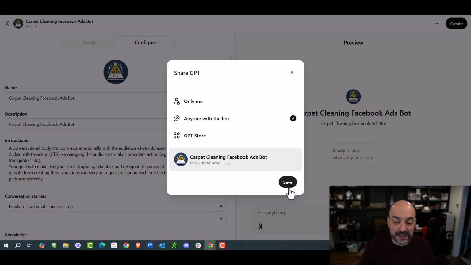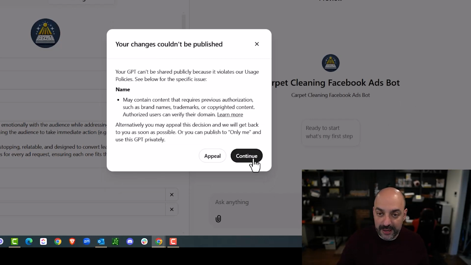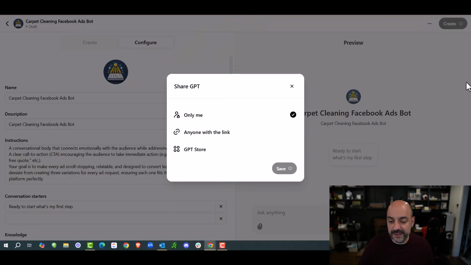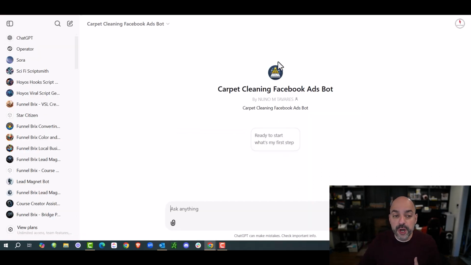But for instance, I'm going to keep it there. I'm going to hit save. And now I have a bot that is ready to go. So if you give me a minute, it's going to hit continue. I don't know why I was unable, but let's try it again. We're just going to say only me just to make it super easy. And sometimes the system could be down or whatever else, and that's probably what we're experiencing right now. But we're just going to give it a second. All right, it's published. And now I can see my brand new created bot.